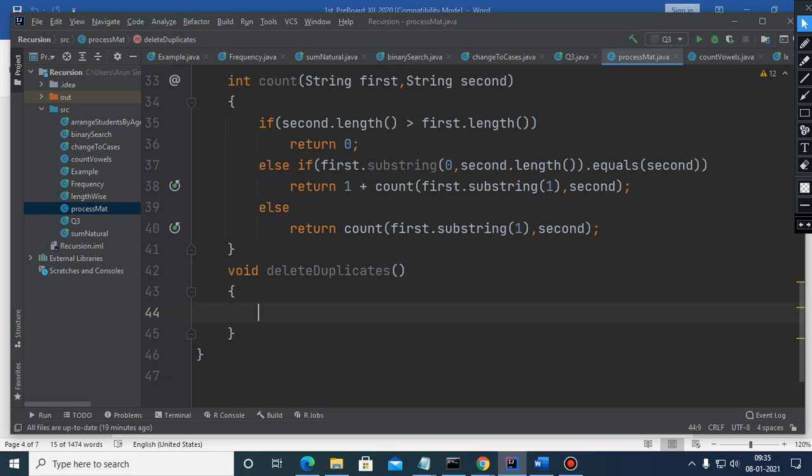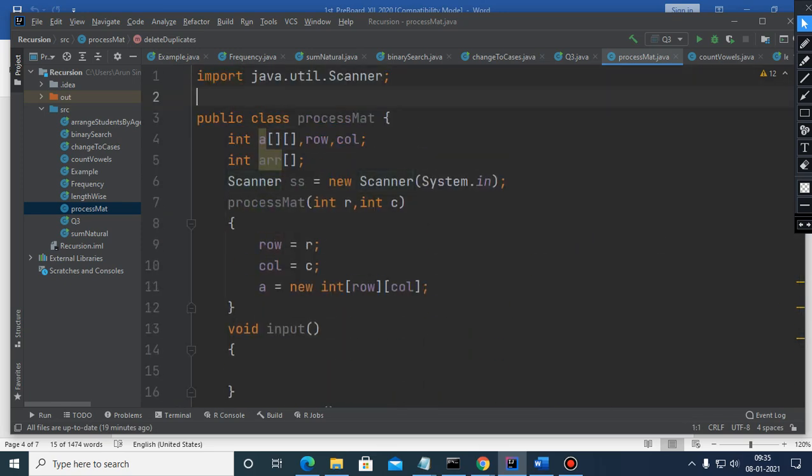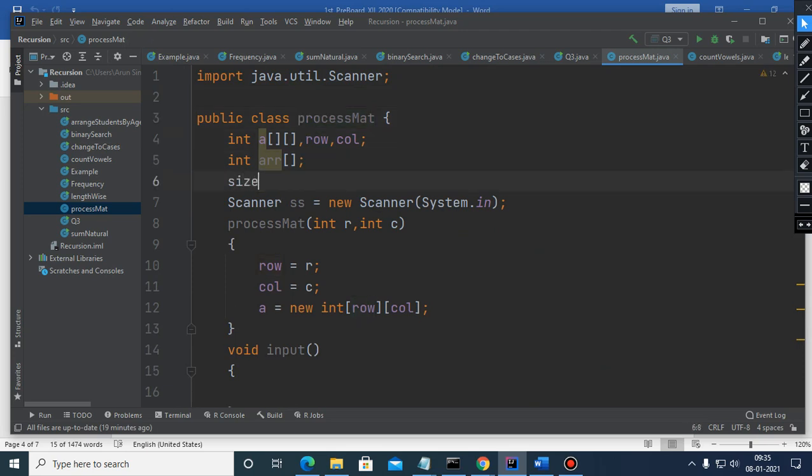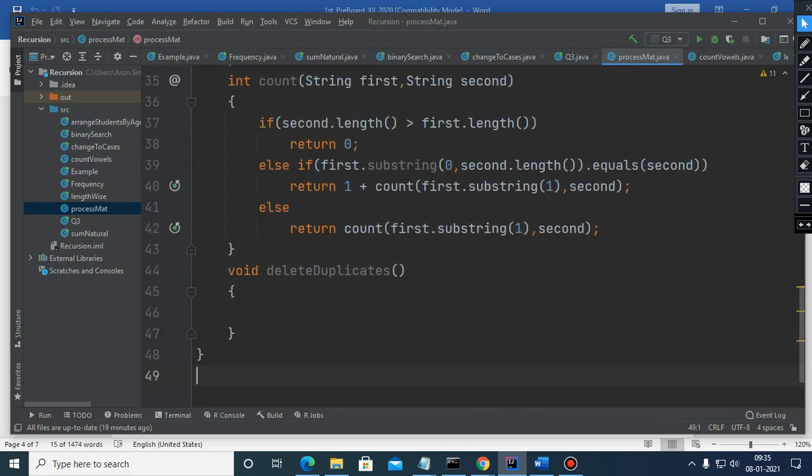Now, in order to delete the duplicate, you already have this variable size. Size is 10, suppose. Children, arr is new int[size]. I'm just writing these two statements so that the error does not occur there.